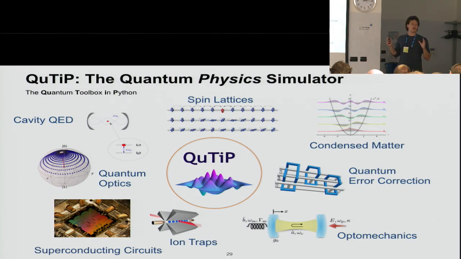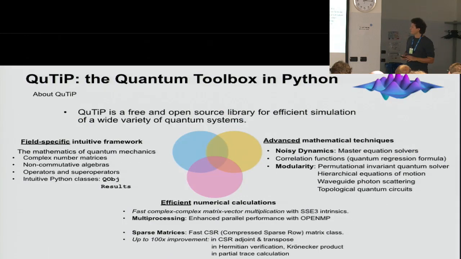These are topics that are of interest to the quantum research community. I will not go into details, but you can see even from the names and the pictures that the applications are quite broad. I think that QuTiP has really three main strengths. One, that it serves its community. It created an environment, thanks to Python, in which a specific class, the quantum object class, is basically used to do most of the work.